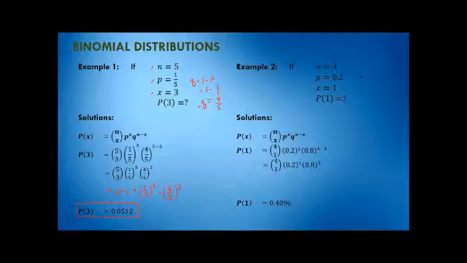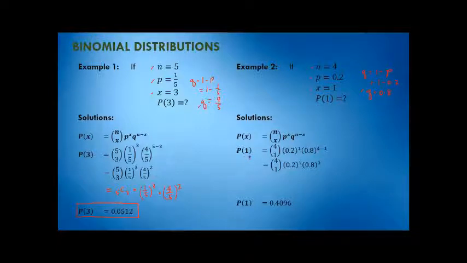Okay? So, kailangan ulit natin ng q, which is the probability of failure. Manggagaling siya dito sa p. So, we have q is equal to 1 minus p. So, we have 1 minus 0.2. The answer for q is 0.8. So, meron na tayong 4 na parameters, q, p, n, saka x. So, substitute natin yung 4 na yan sa formula natin.